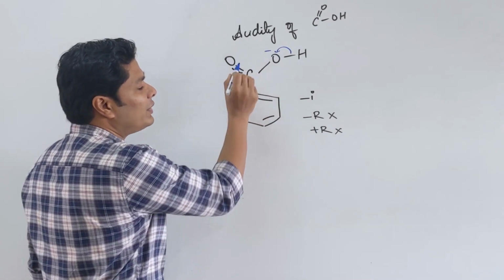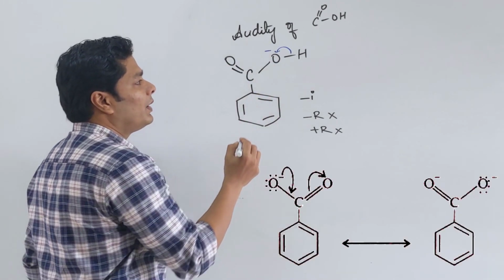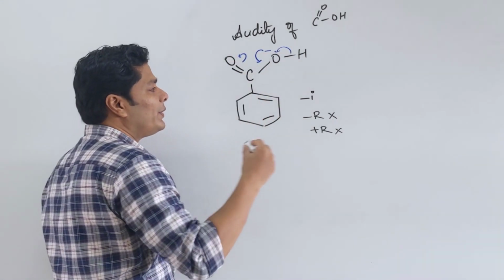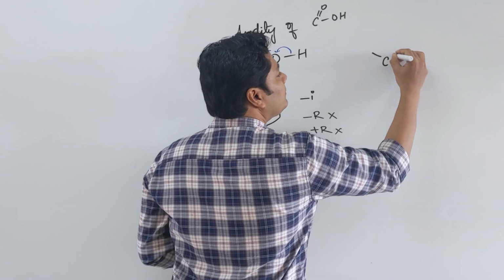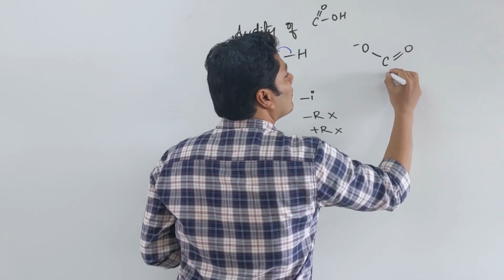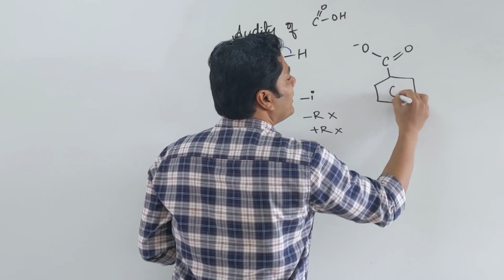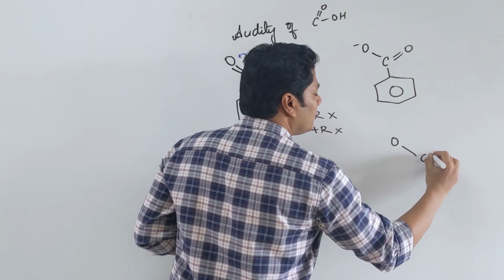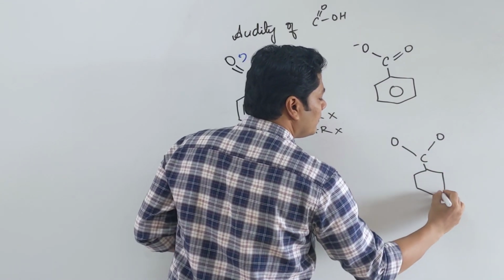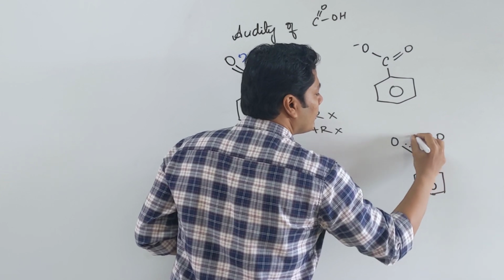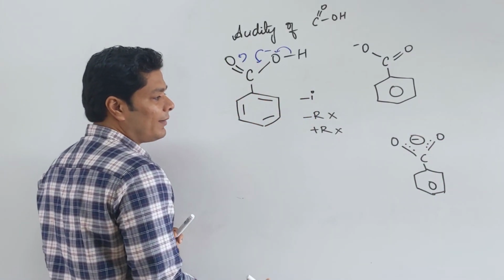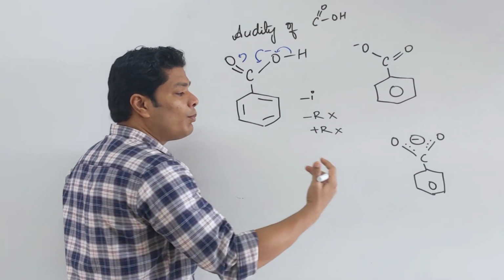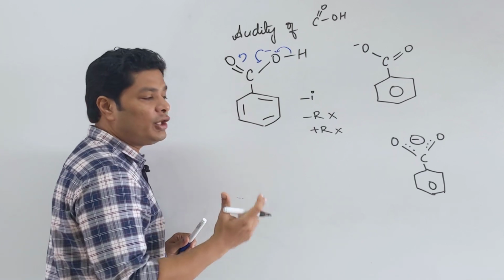This minus charge is actually in resonance with only this oxygen. This minus can go here and it can go here. So, the corresponding carboxylate ion you get is resonance stabilized between the two oxygens. The best way of drawing that is, this is the best way of drawing a carboxylate ion. It's resonance stabilized, but this resonance stabilized ion is not in resonance with the ring. The more the minus I effect of the ring, the higher the acidity. You want to remember that.